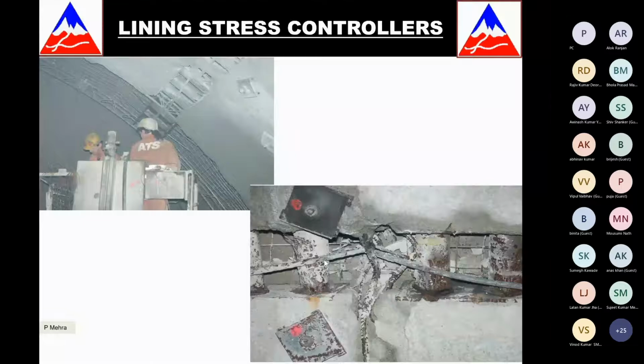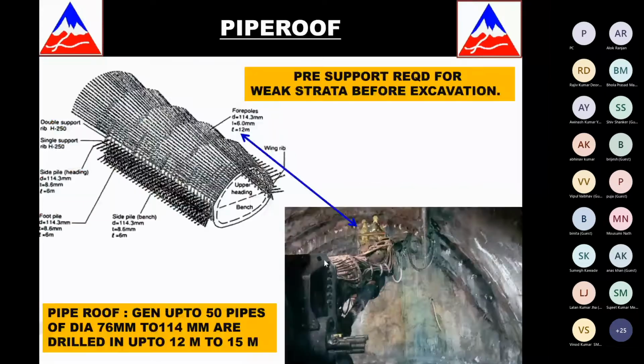We also spoke about pre-excavation supports or pipe roof, right? So one of the best pre-excavation supports is pipe roof. Now what you are seeing in the figure is these are series of umbrellas. So what you do is you use a 15-meter long pipe, generally 76 to 114 diameter, which is put along the tunnel length. What you see in the picture below, along the tunnel length, you drill them at an angle of 5 to 7 degrees.